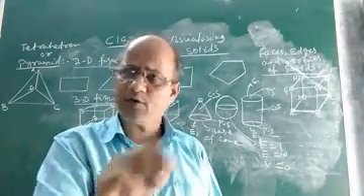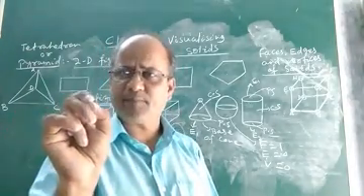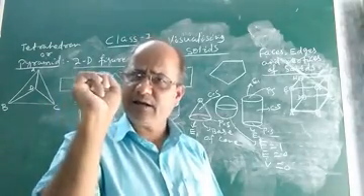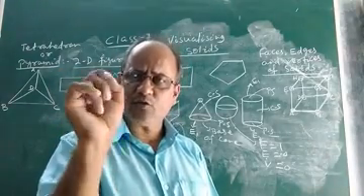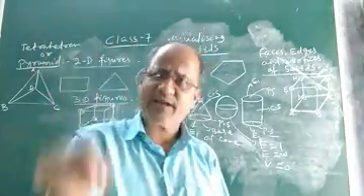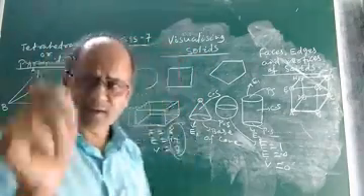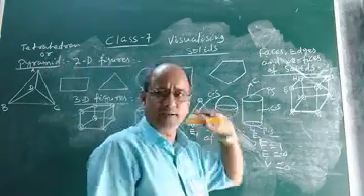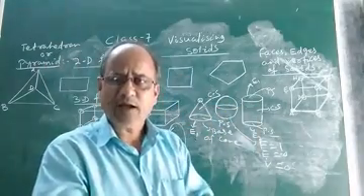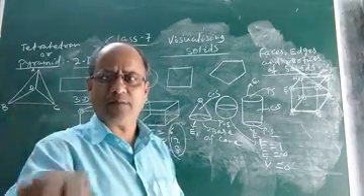But in your book about prism it is not given. About pyramid only in brief it is given. Let me explain to you what is pyramid. How to know which solid is a pyramid? Pyramid is again a solid, like cuboid, cube, cone, sphere and cylinder. So what is a pyramid? And let us know something more about pyramid.